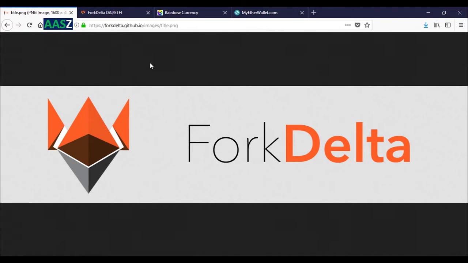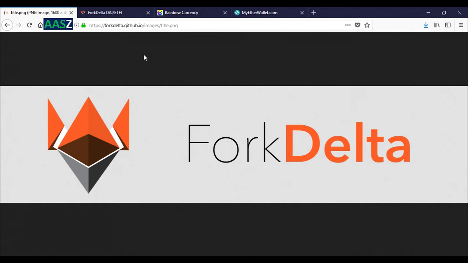Today we are going to learn about Fork Delta Exchange, a forked version of the Ether Delta Exchange. After the Ether Delta Exchange went into the hands of new owners, Fork Delta decided to fork from the main platform and is growing very popular, while Ether Delta has gone down completely and is currently delisted from CoinMarketCap as of February-March 2018.